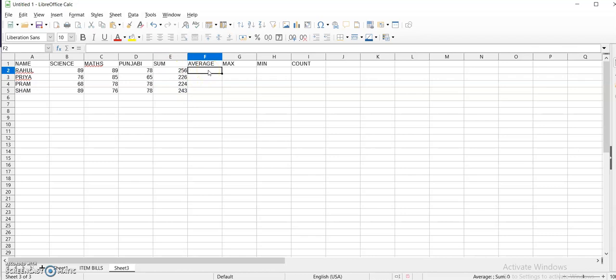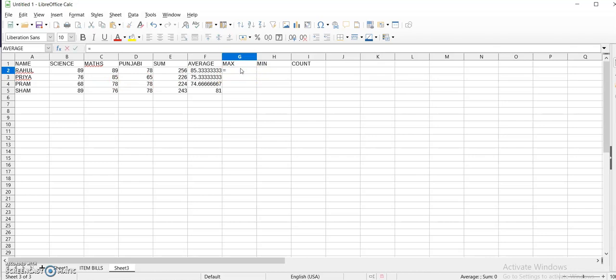If you want to find the average, start with the equals to sign, then the name of the function. After it, we'll write B2, C2, comma D2. Close the brackets, click over it. You can see the average. Drag it. You can calculate the average marks of the other students.